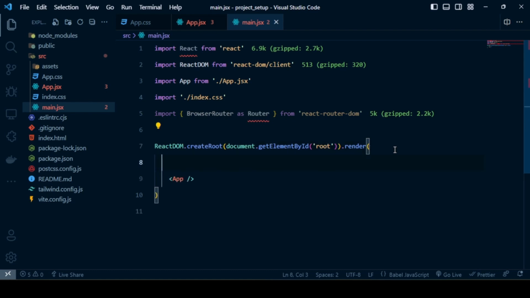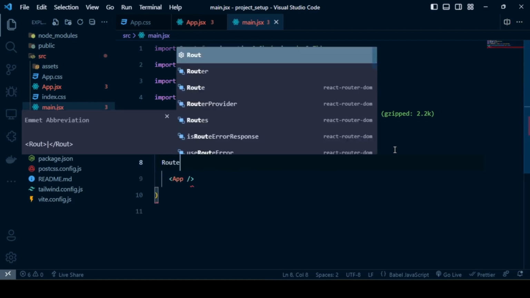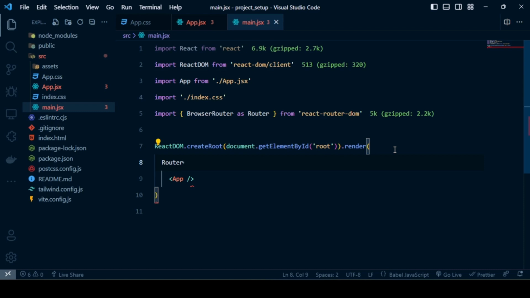So I'll be placing the Router here. It is basically context for our React application. Just like context, not particularly context, maybe inbuilt it is a context. So wrap our App component in the Router component, which is actually BrowserRouter. And let's just go to the